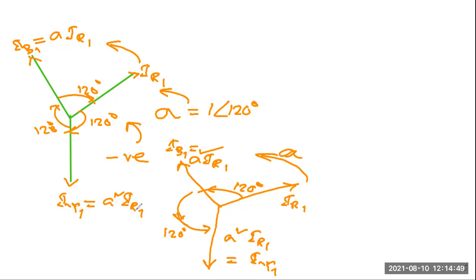Is it clear? So the angle will become 240, na sir? The angle will be 240? Angle will be 240. Correct. You are right. So 240 degree, because of from here to here. Okay, this is 240 degree. And as you are multiplying with IR1. Okay? Any doubt? This is your positive sequence. Does anyone have a doubt?